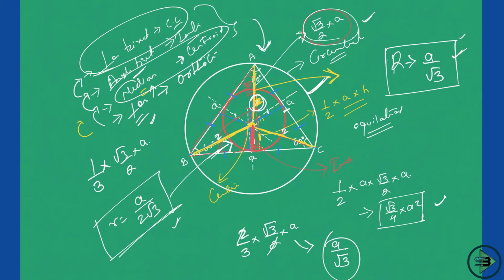It's a median as well, correct, so it is divided in the ratio of 1:3, but it's an angle bisector as well. So from that you can find out your in-radius. Okay, and that's how simple it is to reach the solution in this case. So remember all this formula for equilateral triangle. Then now we go ahead to solve the problems.